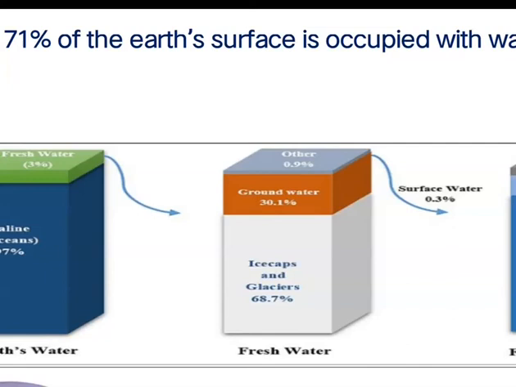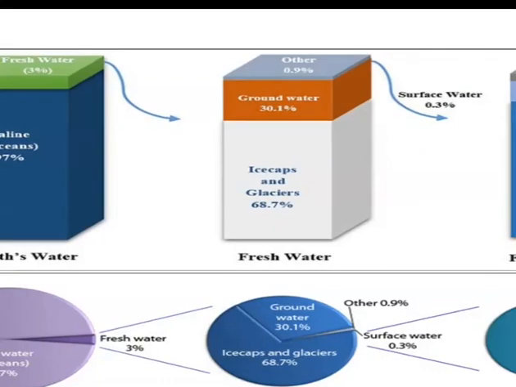If you consider Earth's water as 100%, 97% of it is in the form of saline water or seawater, so the remaining fresh water available is only 3%. Within this 3% of fresh water,